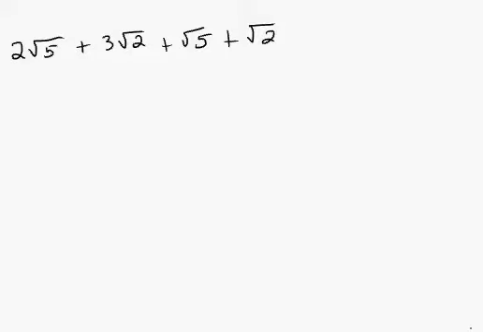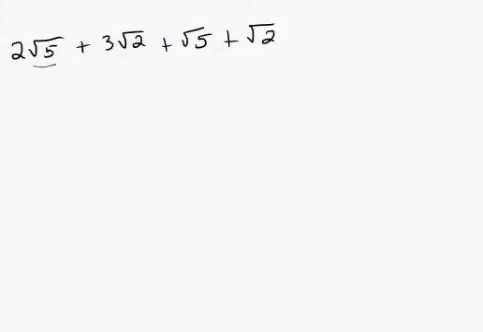In this video, we're going to be adding and subtracting radicals. In this example here, I have 2 radical 5 plus 3 radical 2 plus radical 5 plus radical 2. And if I use what I know about radicals, if I have 2 of some quantity,